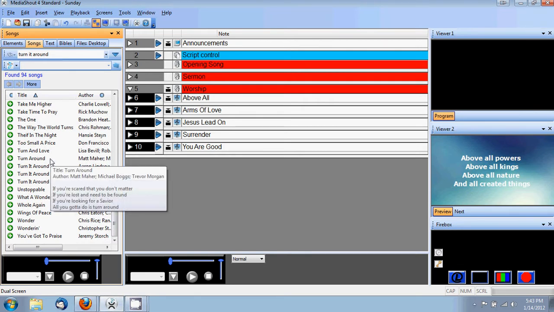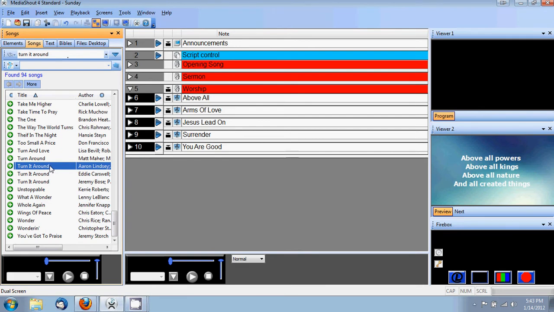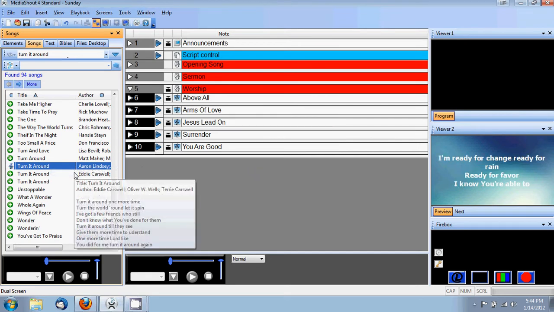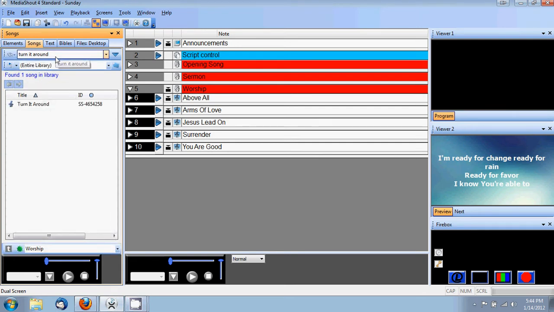If you hover over the song title, you can see some of the lyrics here. And this is the song, and also you see author, Israel Houghton. That's the one I'm looking for. All I have to do is right-click on this and click Add Song to Library. That's it. Now, if I go back to my standard library, and I'm going to clear this so all my songs show up,